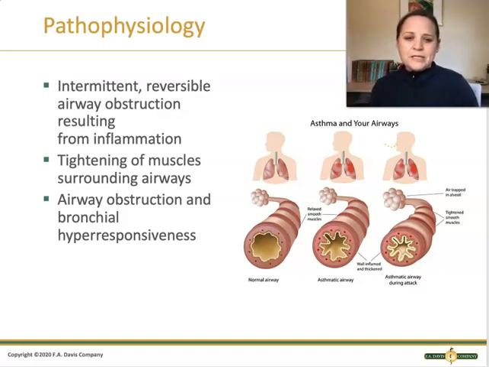Not only that, but the bronchioles, the lung tubes, are hyper-responsive. They are very easily irritated by different environmental stimuli and can become inflamed quite easily. So if you've ever seen on the news how they talk about a high pollution day or a smog day, days like that can cause asthmatics to have irritation in their lungs and then more inflammation because they have that hyper-responsiveness to stimuli that can irritate it.